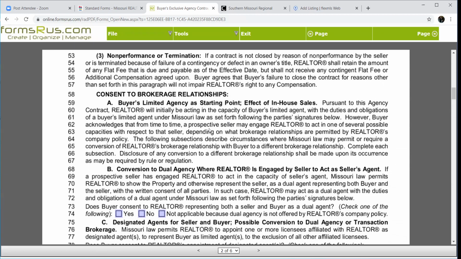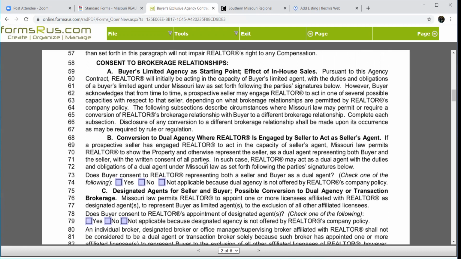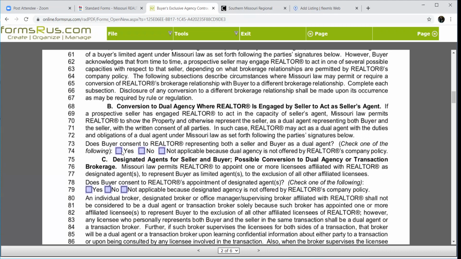When we enter into this contract, we are working solely for the buyer with the buyer's best interest at heart. We are watching out for them, and that is our main focus. Now, if we happen to come across a property that we are going to list that meets our buyer's requirements perfectly, I would like you to have the ability to be a dual agent. So I want you to try to get a yes on that.